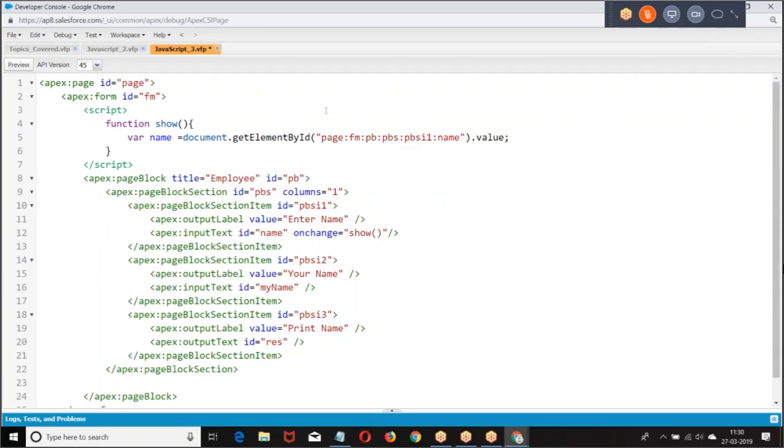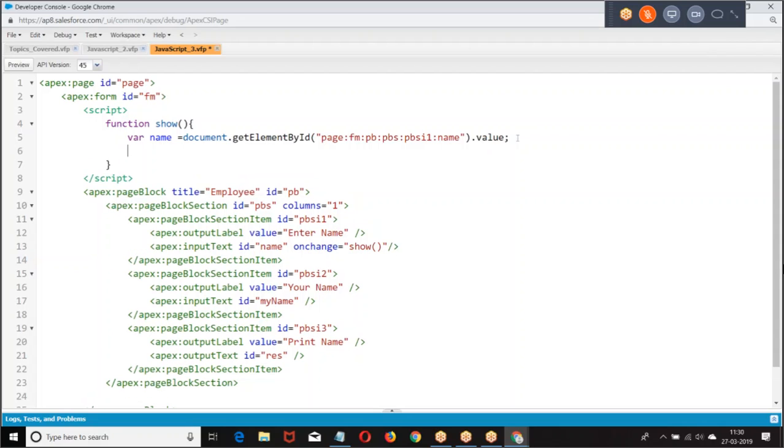In the page we have a form. In the form I have a page block section, in the page block section item. This value, where do you want to put it? Document.get, page form page block section item 2 colon, dot value equal to